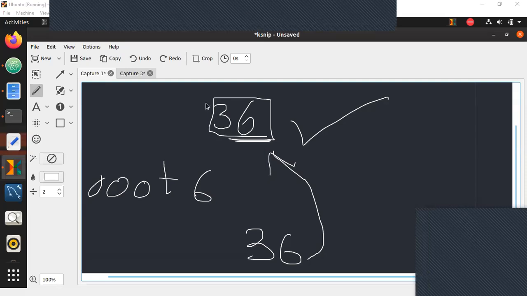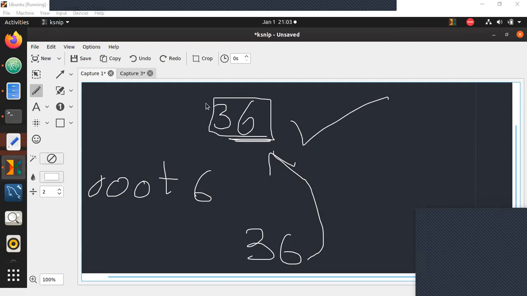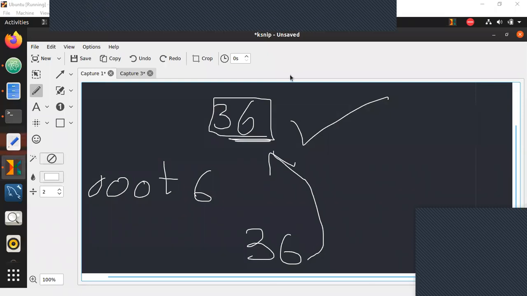See, if it fails one test case and everyone else fails more test cases than you, then you're selected. But if it fails one test case and other people fail fewer test cases than you, then they are selected. So it all depends on that. That's why I would suggest you make it as perfect as possible.